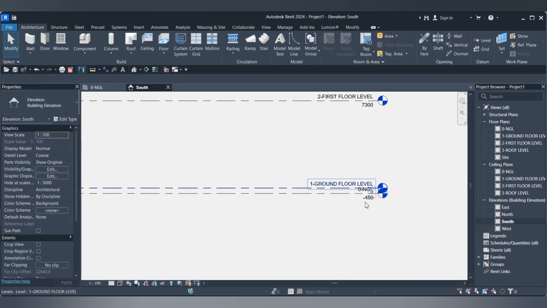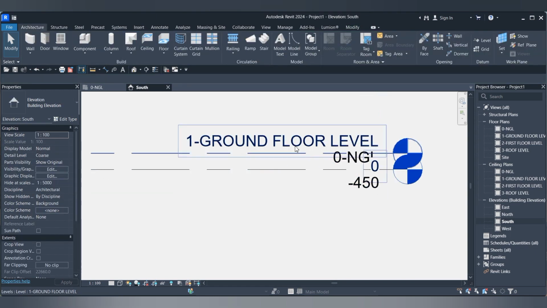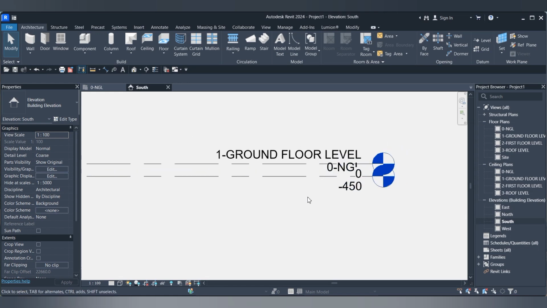So that comes down. If you look at this very well, it looks like the 2 levels are interfering, where you cannot see them very well. So how do you correct that? There's what we call an Add Elbow in Revit. It's going to help you to bring down this natural ground level